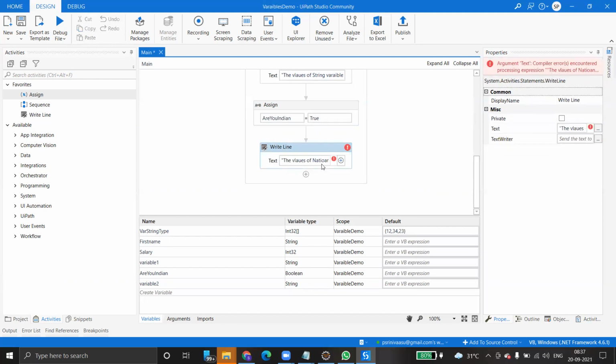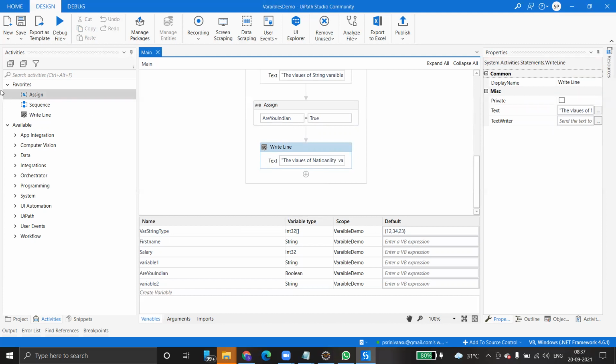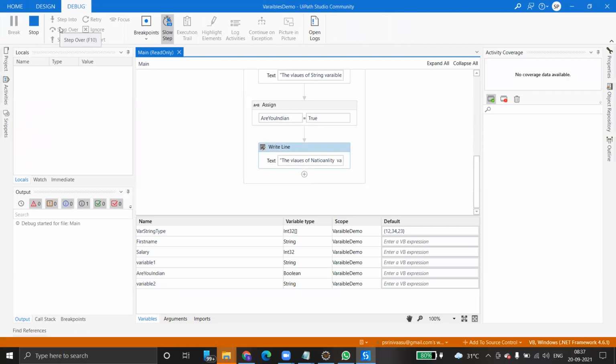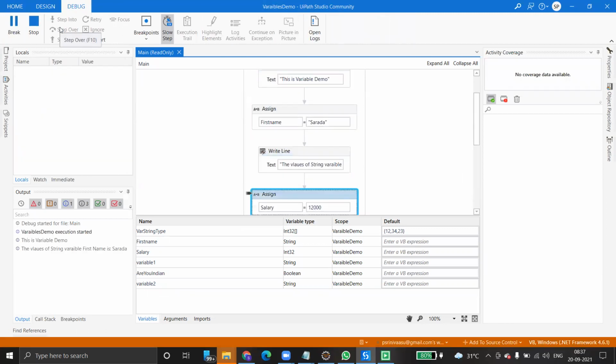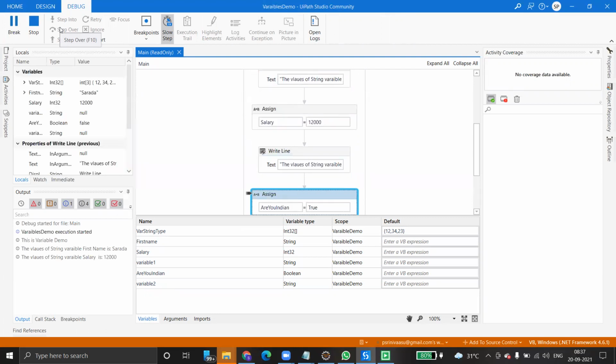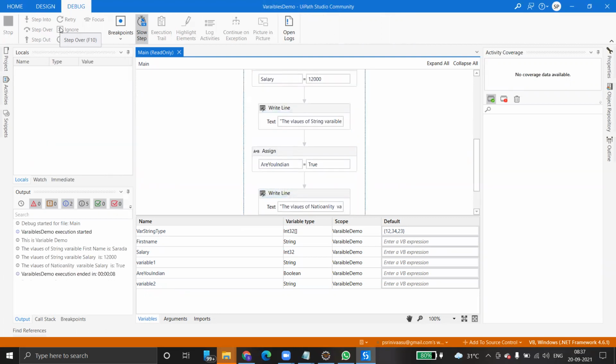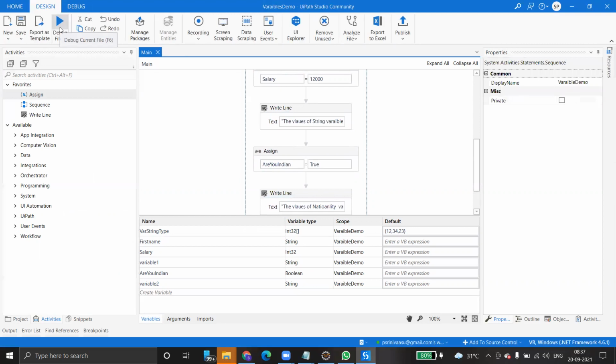Okay. So that's it. But still we are getting an error. Again, we need to convert into a string type, dot to string. That's all. Control S. Okay. So just run this program again. So integer, string, and then Boolean. So these many types of data variables can be created. Okay, clear? Just go and check in output.